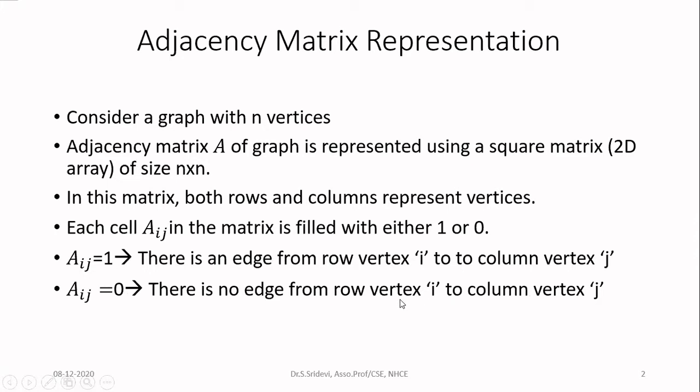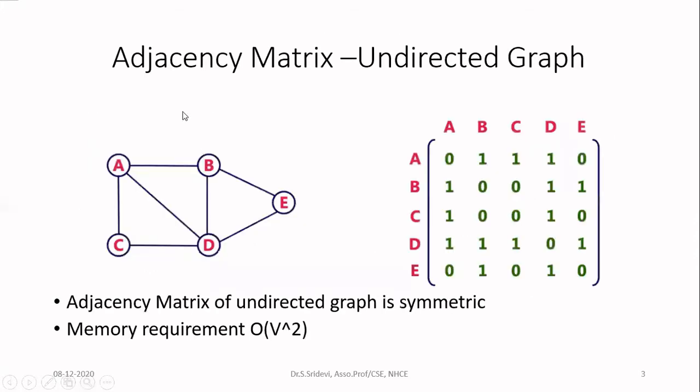Now let us see one example. So first I have a graph which is an undirected graph. Now you know what is the difference between directed and undirected graph. If it is undirected graph, all the edges will not have any direction in that. No arrow will be there. That means all the edges are bidirectional. You can use this edge to communicate from A to B as well as from B to A. Information can flow in both the directions. So that's why we say it is undirected graph.